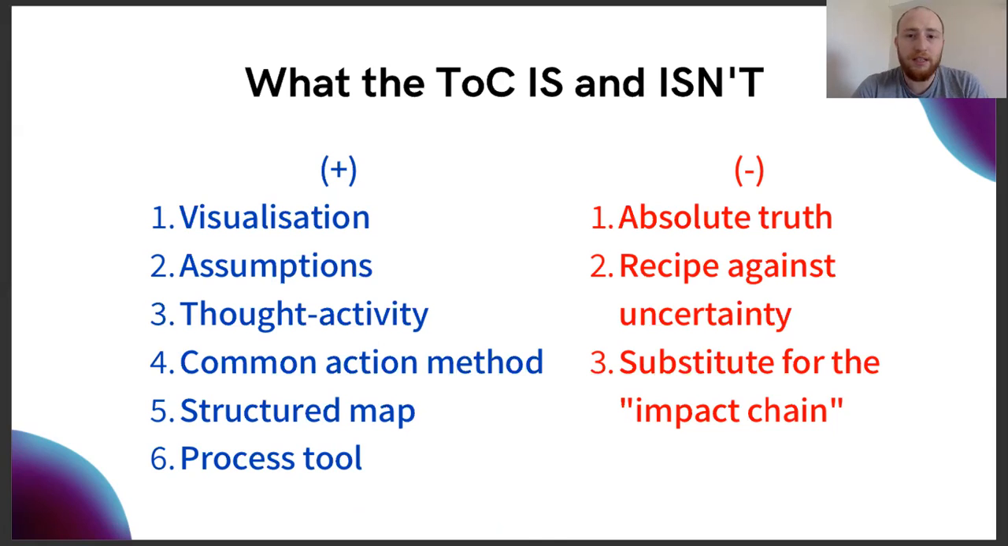What it is not, of course, is absolute truth. If you develop a theory of change, it doesn't mean it will really work this way. You can still come to different outcomes in the end. You will never know before you try. And it is not a recipe against uncertainty. There will always be uncertain situations, and no matter how carefully the theory of change is developed, there will always be space for uncertainty. And it is not a substitute for the impact chain or logical framework,